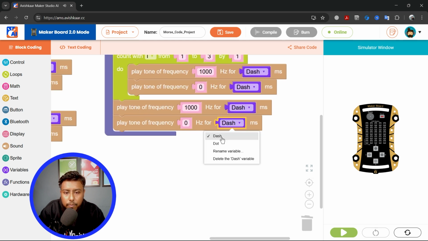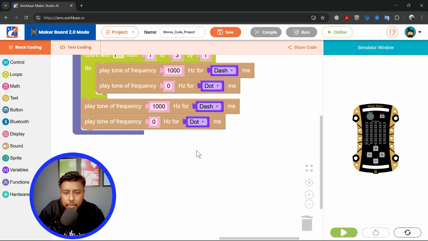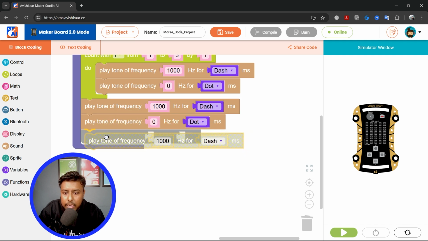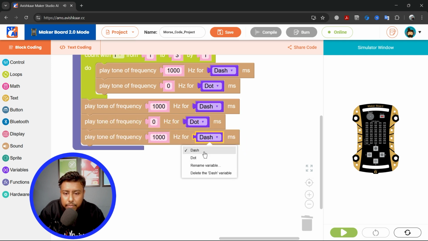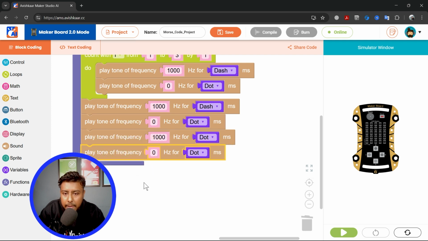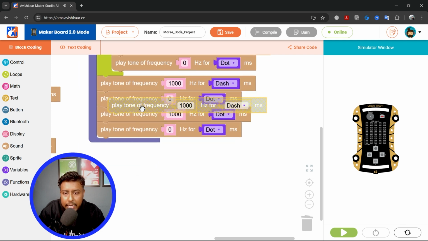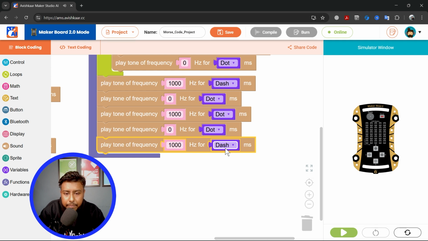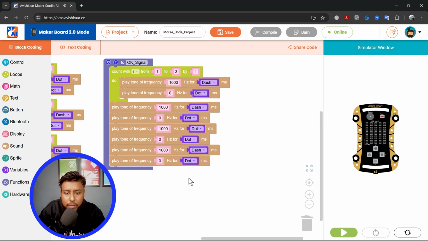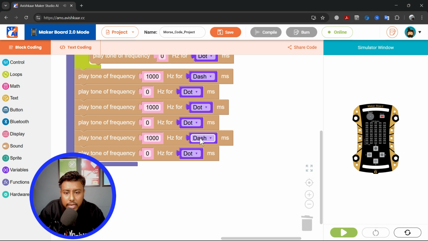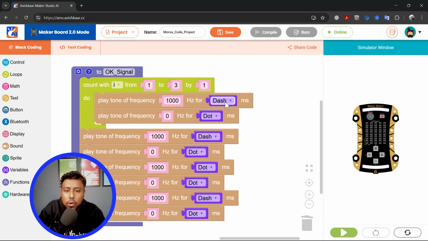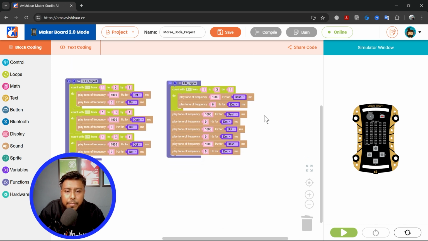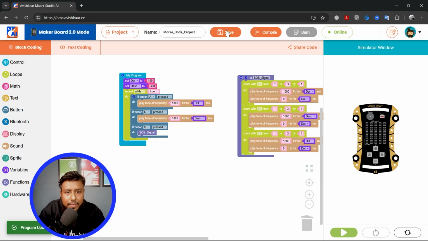So dash, then a dot, and again a dash for the K. So dash and again dot. So dash, dot, dash, and for the O, dash, dash, dash. Okay, save, compile,